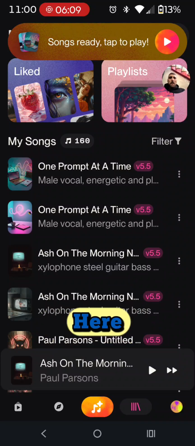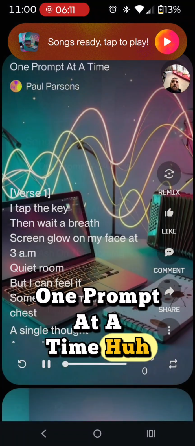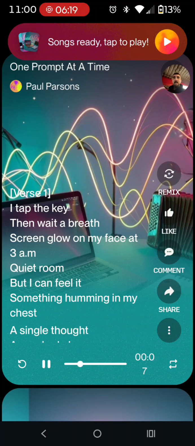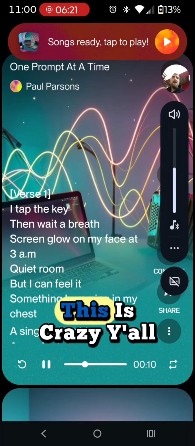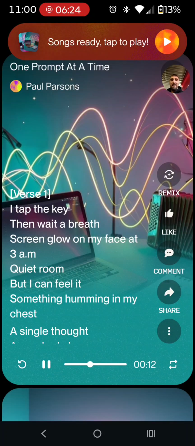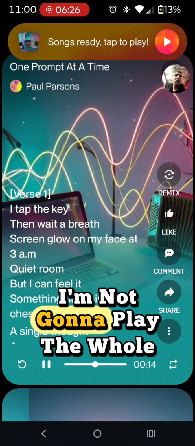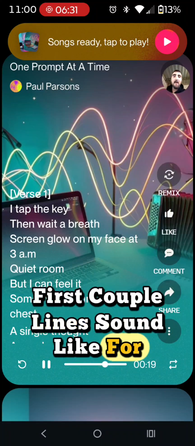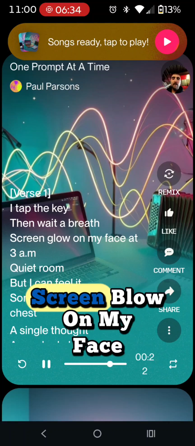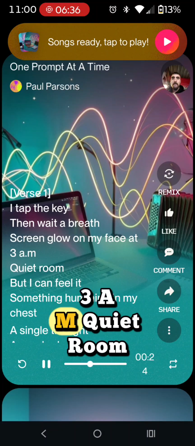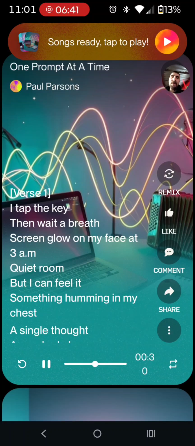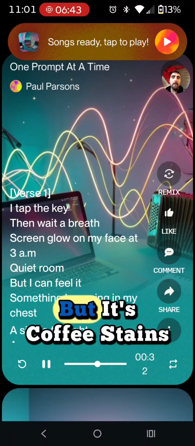So let's see what we got here. One prompt at a time. Here's our lyrics. This is crazy, y'all. I'm not going to let it play the whole song, obviously. I just want to see what the first couple lines sound like for us. I ain't going to lie, that doesn't really sound like 185 beats a minute to me, but